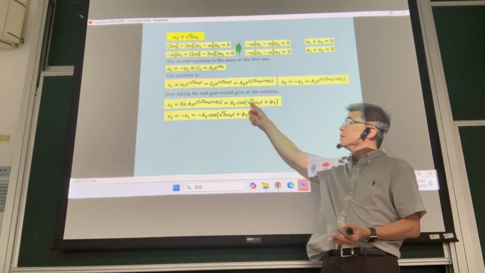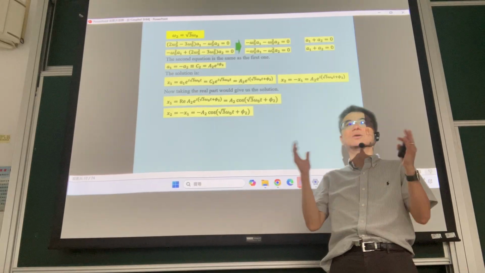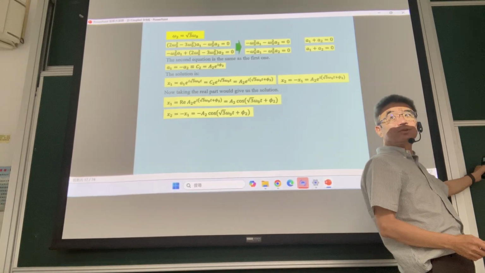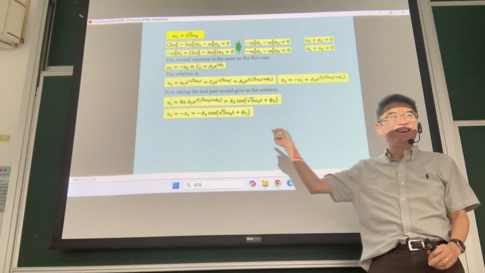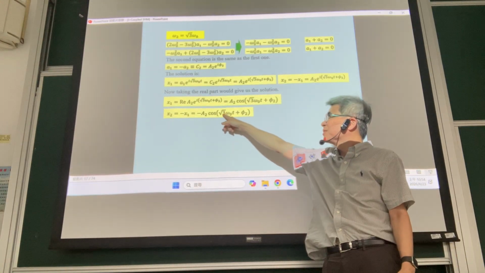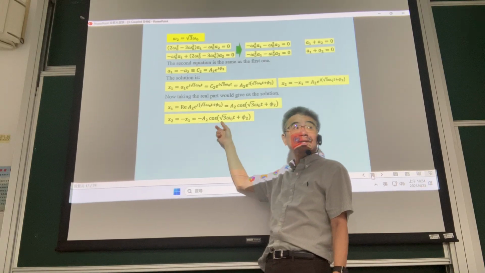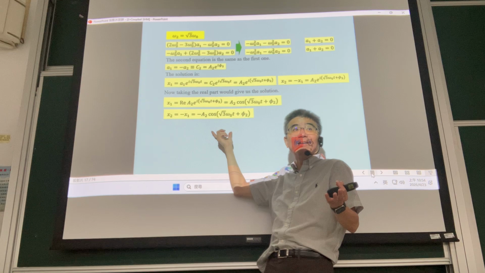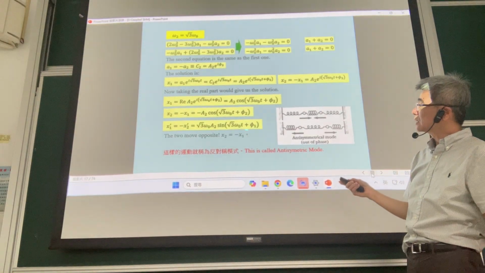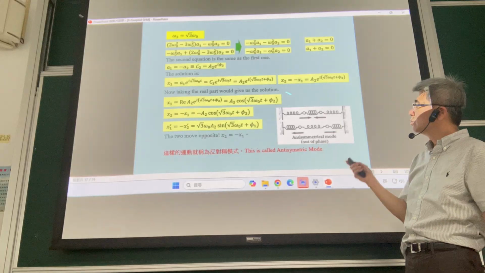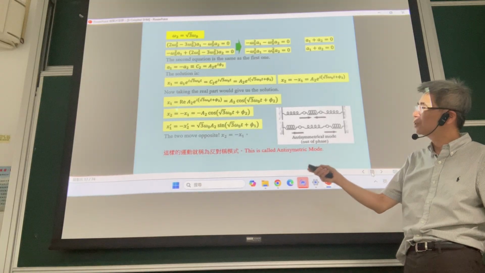Angular frequency, square root 3 times omega 0, not the original omega 0. So that means the middle spring has some effect here, okay? So it's square root of 3 omega 0. That's a very important conclusion. And therefore, because x2 is equal to minus